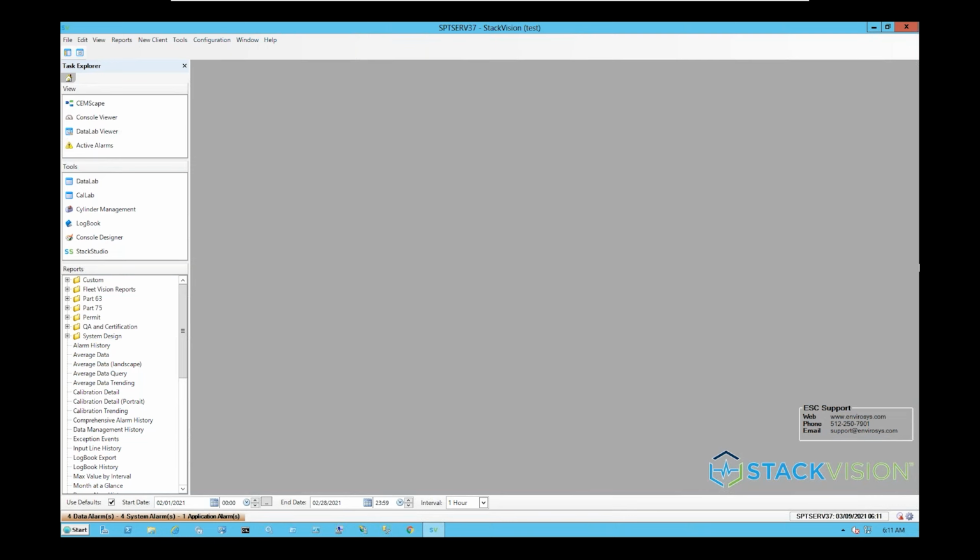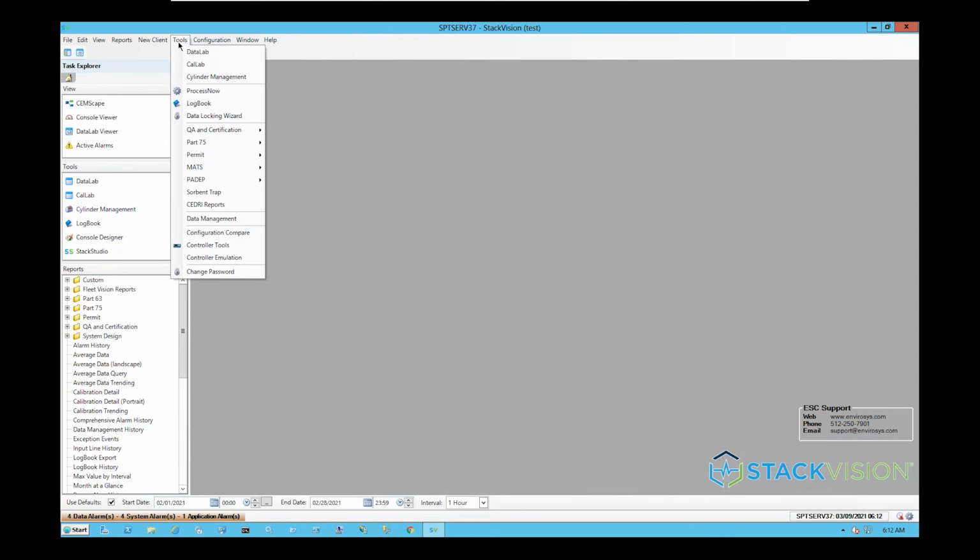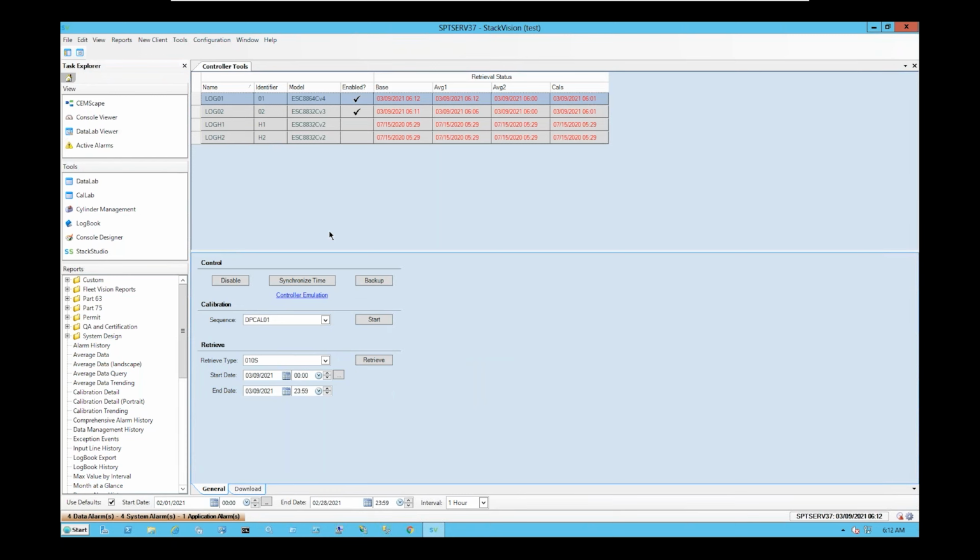One of the first things you'd want to check is communication and whether or not StackVision is polling with the data controllers. A good way to do that is to open up controller tools. To get there, up at the top toolbar, you would go to Tools, down to Controller Tools. This opens up and shows you a list of your data controllers, and whether or not they're communicating. Here we've got 4 different data controllers,